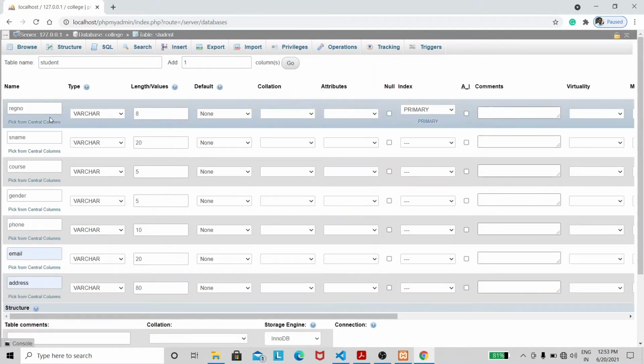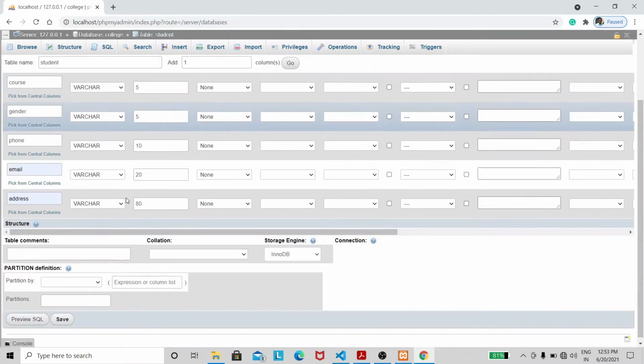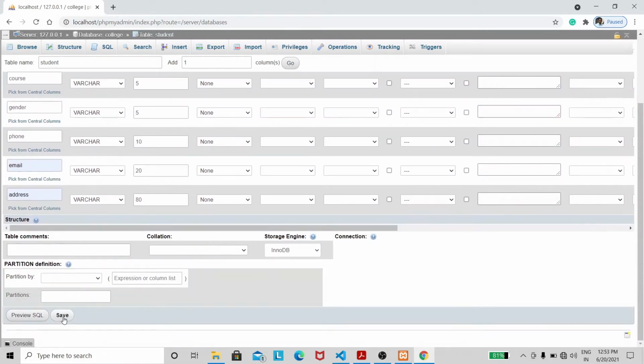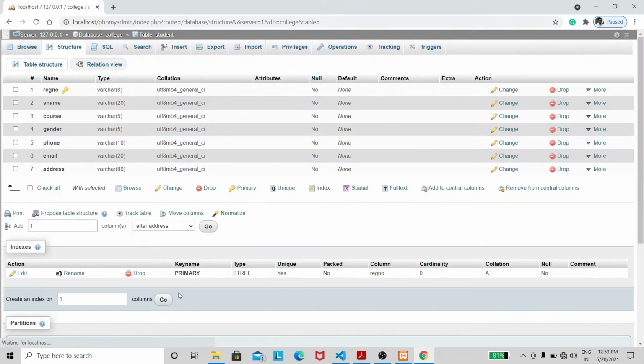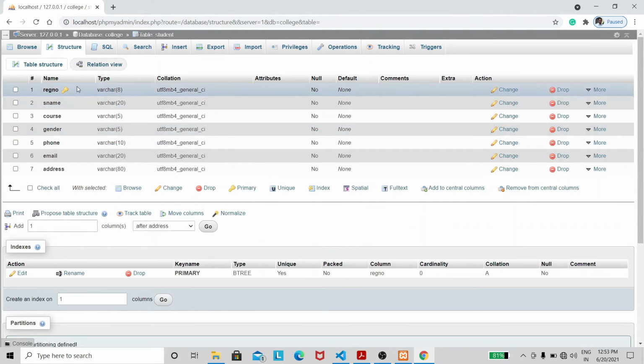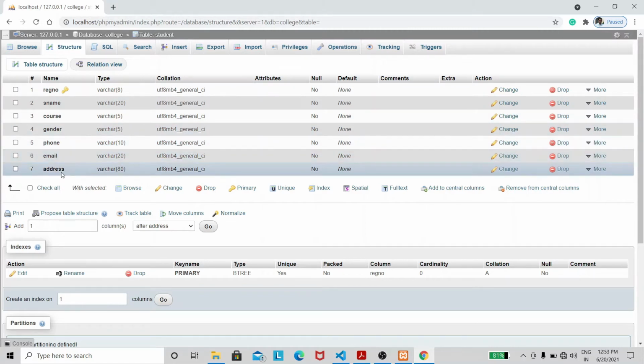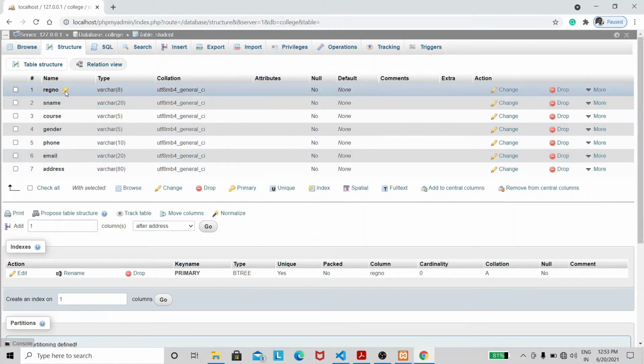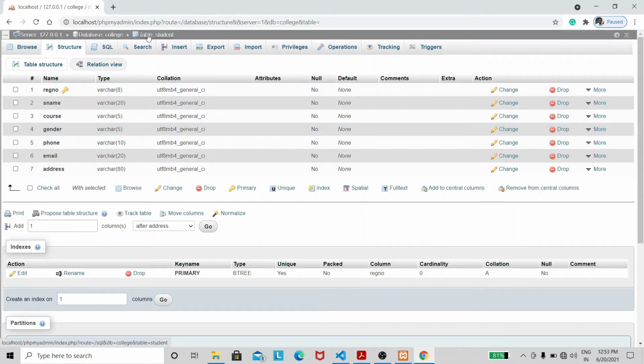So once you give all the details for the columns, then you need to click on save. Now you have a database table which has got these many number of fields, and you can notice that register number is a primary key column. So this is the process for creating database table in MySQL using phpMyAdmin.